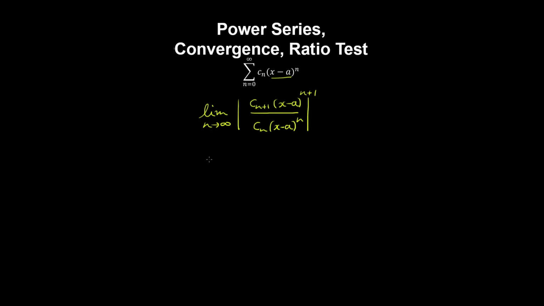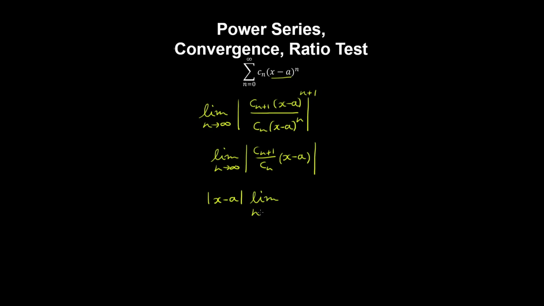So therefore what we end up with is the limit as n approaches infinity of the absolute value of the following expression. And factoring out the absolute value of x minus a,